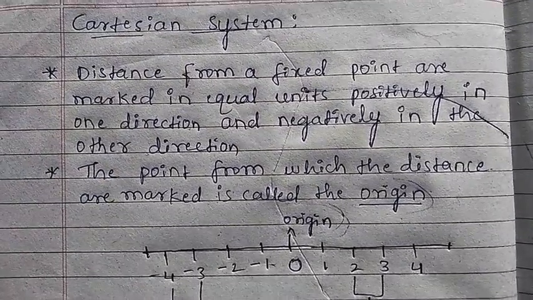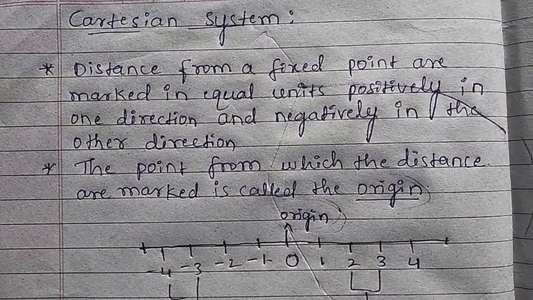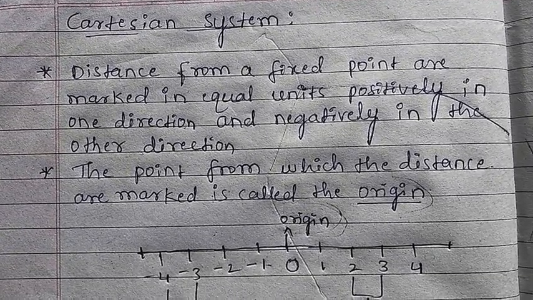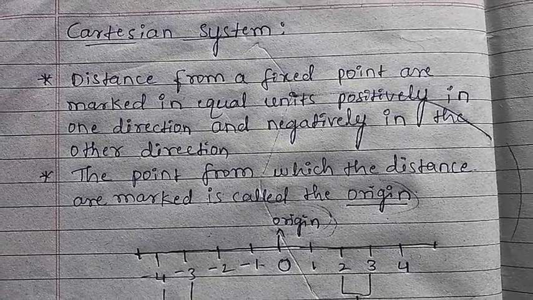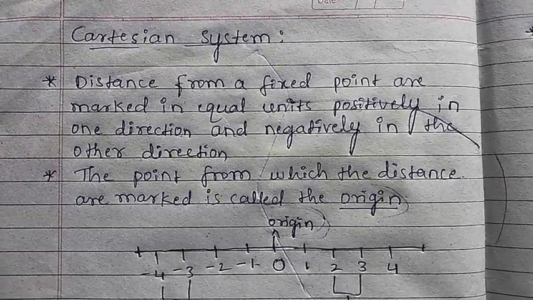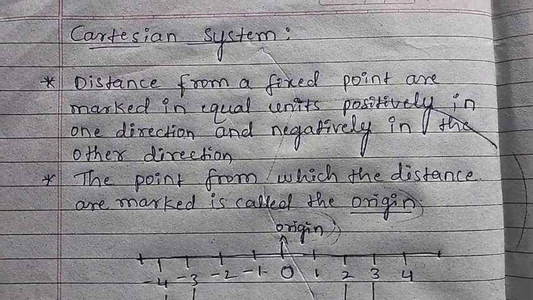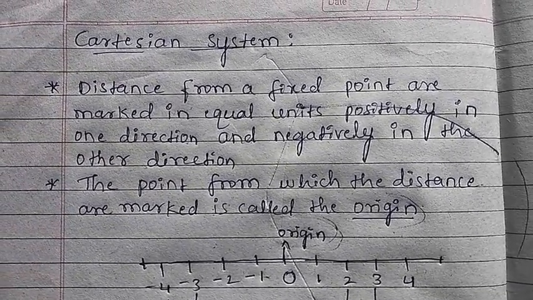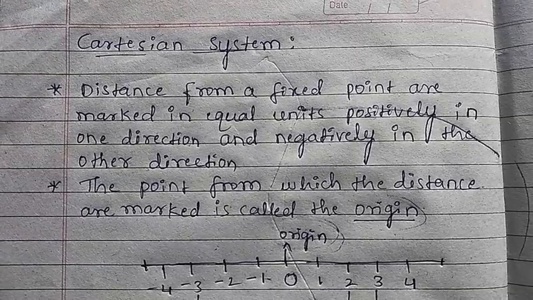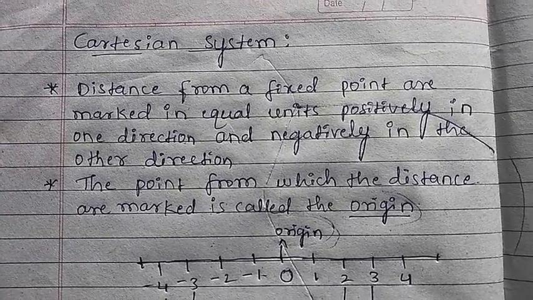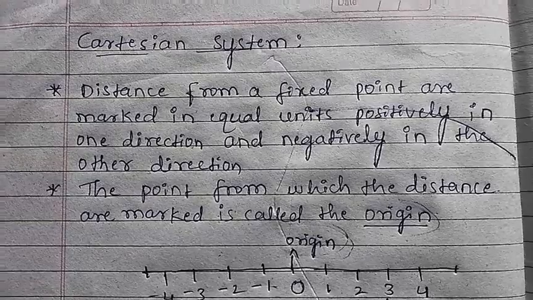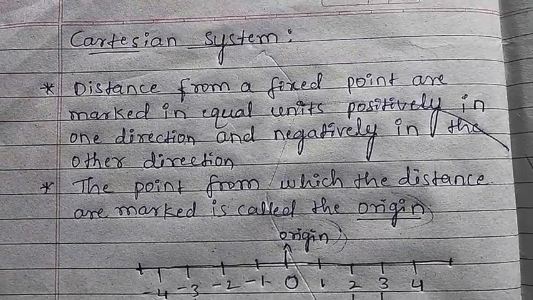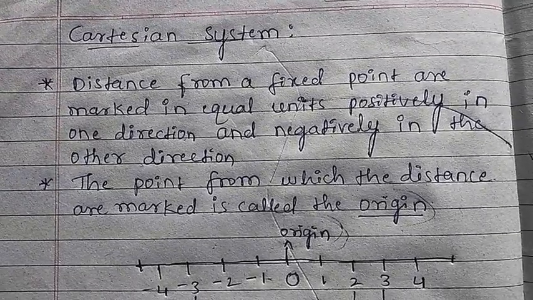Hello everyone. In the previous class we have seen how to represent the coordinate point on the plane figure. Then how can you identify the particular position of the point on the plane. Now today we will discuss the Cartesian system. It means coordinate points. Now we know already what coordinate points are. The particular position of the point in the plane is called the Cartesian system or coordinate points.